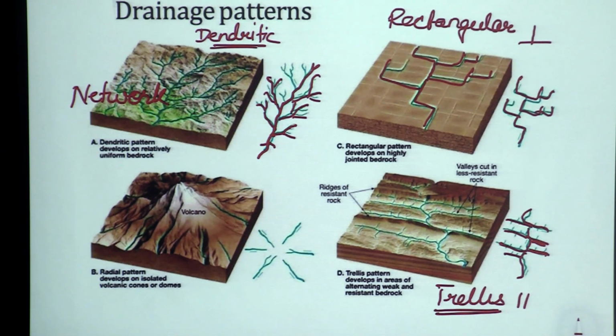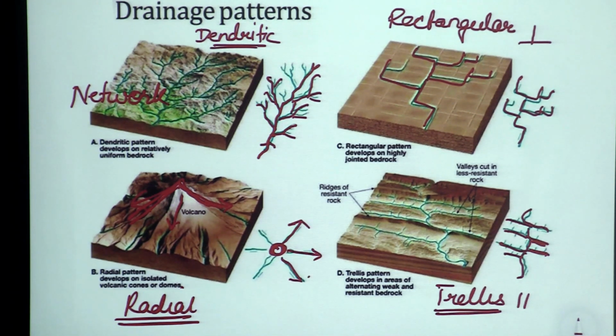Compared to all these, which are related to network, when I talk about radial drainage pattern, it is not with a river system, it is basically with different rivers. See this elevated tableland here and the channels which are descending on all the different slopes. So this is my elevated land and these are the spreading out channels. So radial drainage will be number 1, applicable to streams of different systems, and number 2,